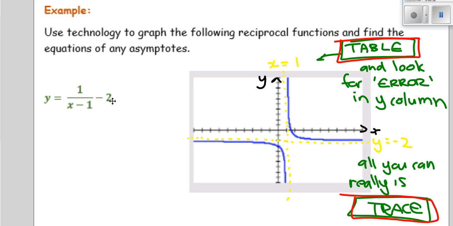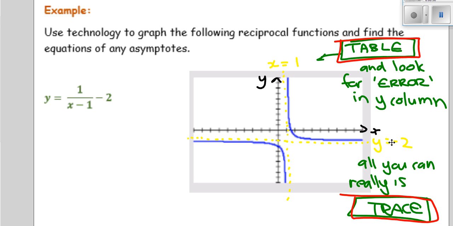And this one tells you the horizontal. 1 unit to the right, because when it's horizontal, it's the opposite to what you've got here. Normally the asymptotes would have been x equals 0, y equals 0. But as a result of the horizontal translation, it's moved 1 unit to the right, so the asymptote's now x equals 1. And as a result of the vertical translation, it's moved 2 units down, so the horizontal asymptote is y